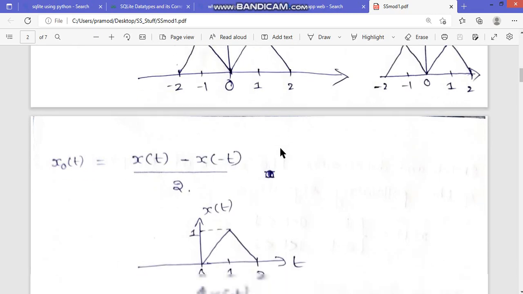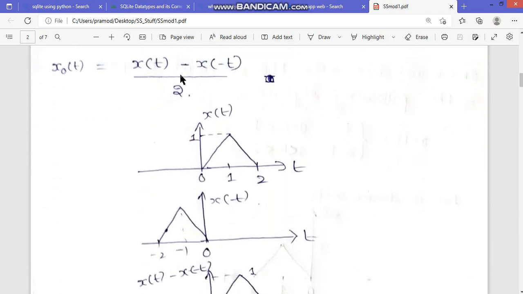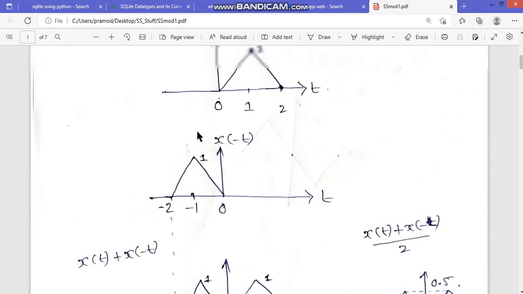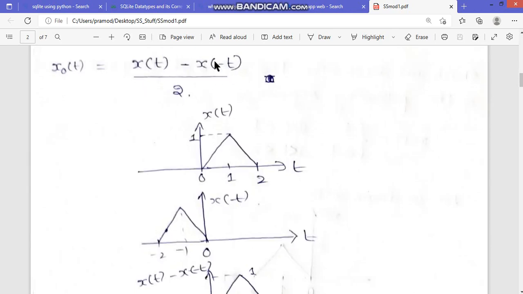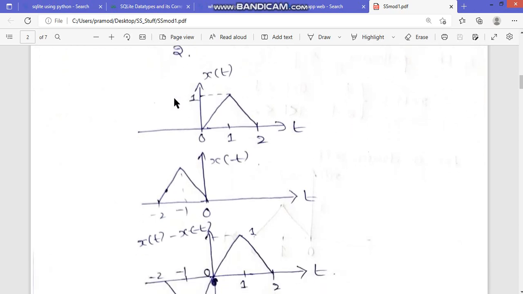Next, similarly, the odd component xo of t is the same as what we have done here. We have to write x of t and x of minus t, and you have to subtract x of minus t from x of t. Okay, so x of t is there, x of minus t is there. When you subtract, now this is